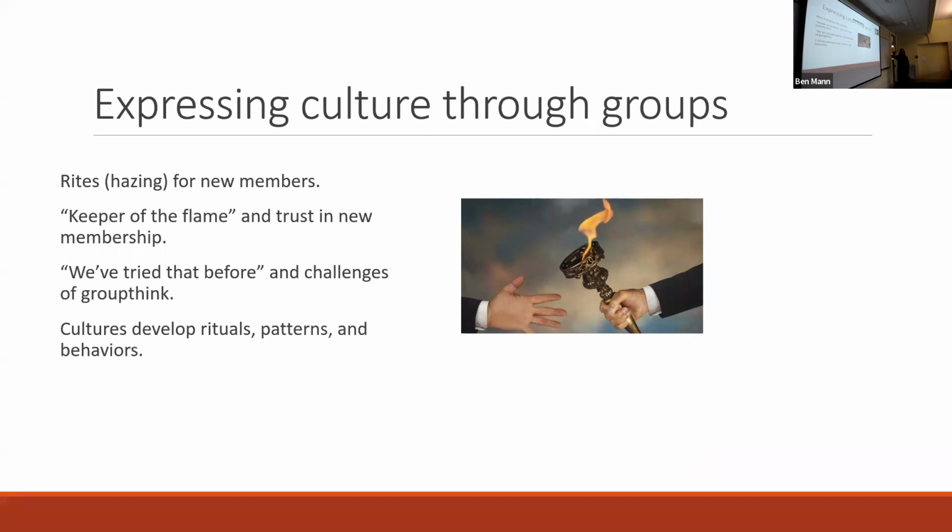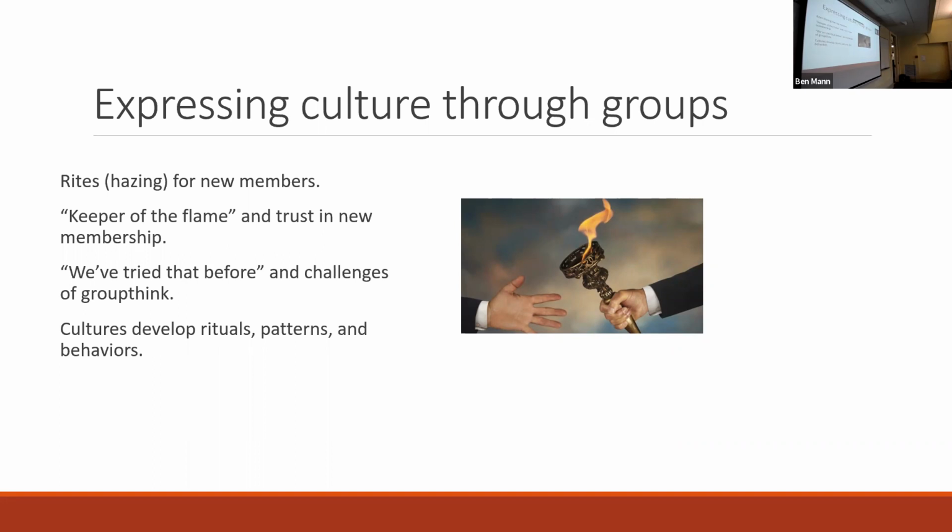For many of you coming into EOU, you were probably involved in a new student orientation activity, or you might have taken the UNI class. That's an opportunity to become acclimated to EOU and the college experience. So at its best, rites are an opportunity for new members to become included, to be fully participating in the group, and to do the things that are needed to be considered a full member of that group.